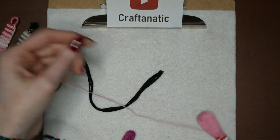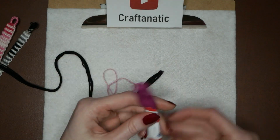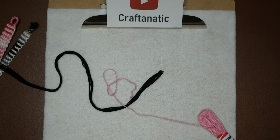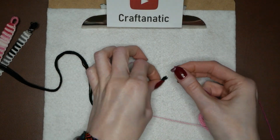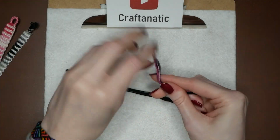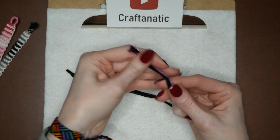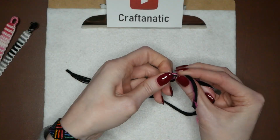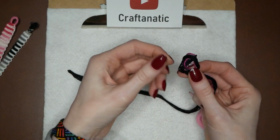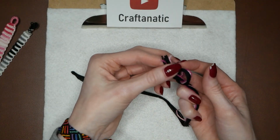So go ahead and pull out just a little bit, and we are just going to attach it straight on to our strands like this. And then we are going to take our strands and tie a very loose knot. Can't stress that enough. Make sure it is very loose. And make sure that your tail is pretty long